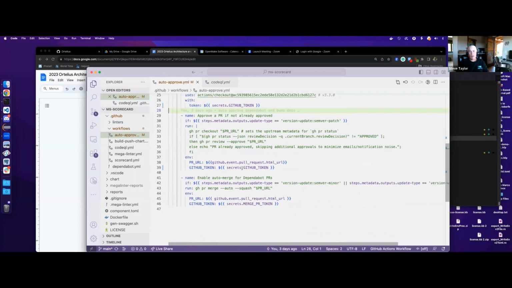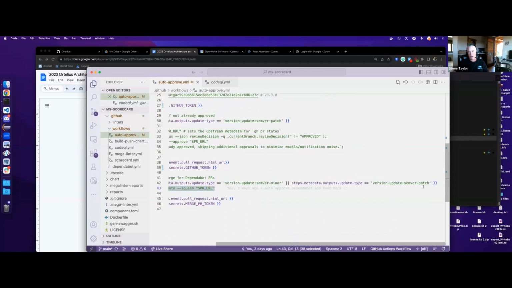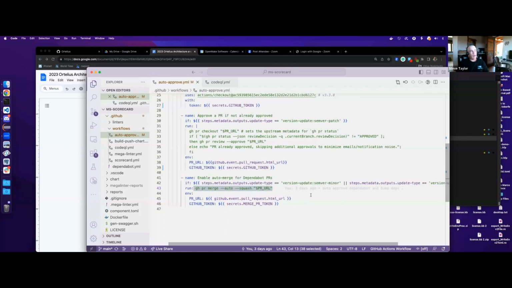Once it's done with that, it'll go ahead and do the auto squash. This is where you'll see it doing it on a minor or a patch version. If you have a major release, like going from version 1.2.0 to 2.0.0, that's a major jump that we have to do manually, which makes sense.